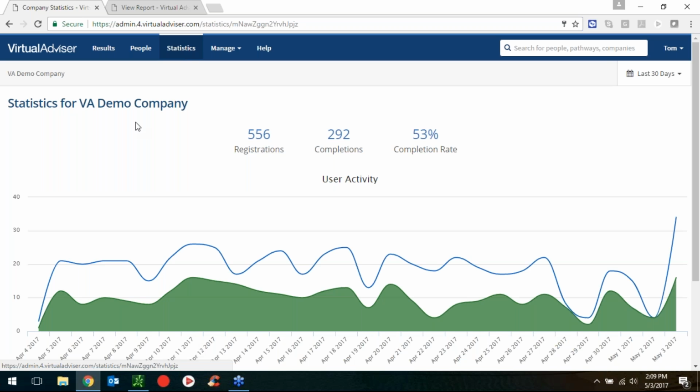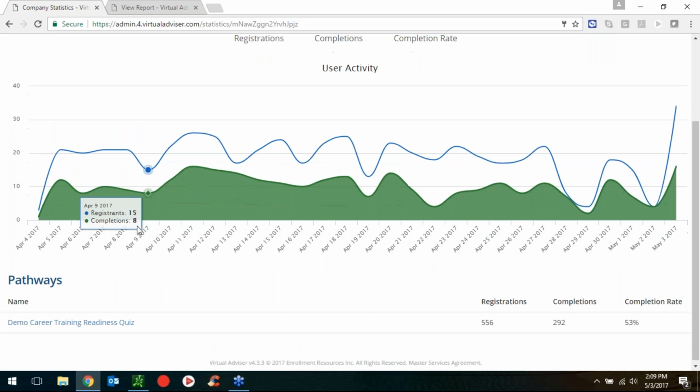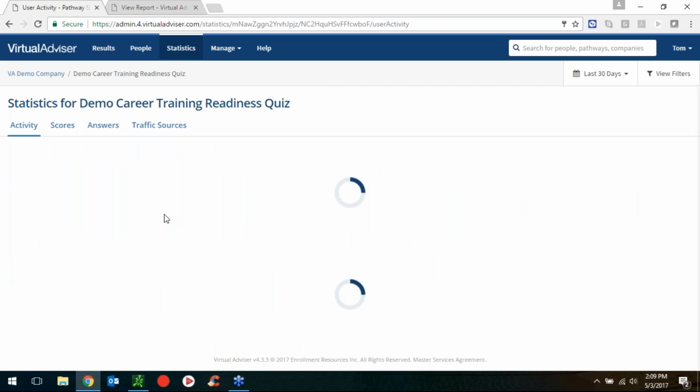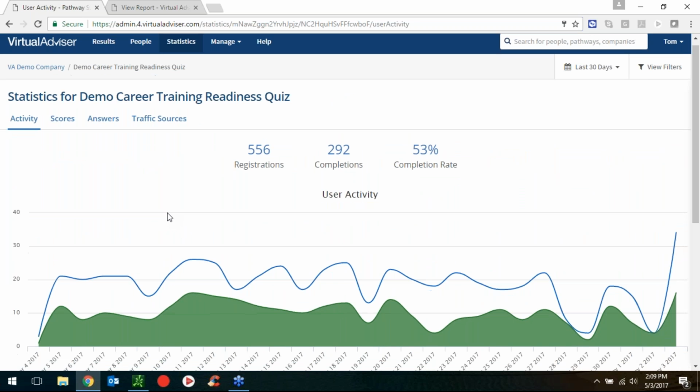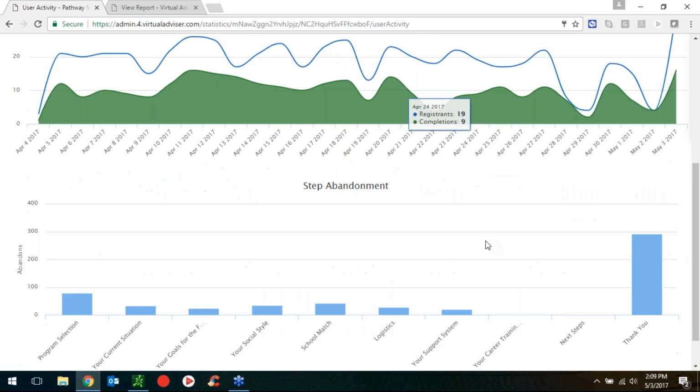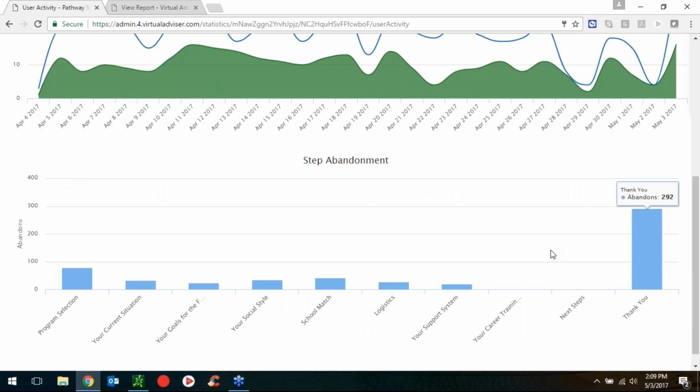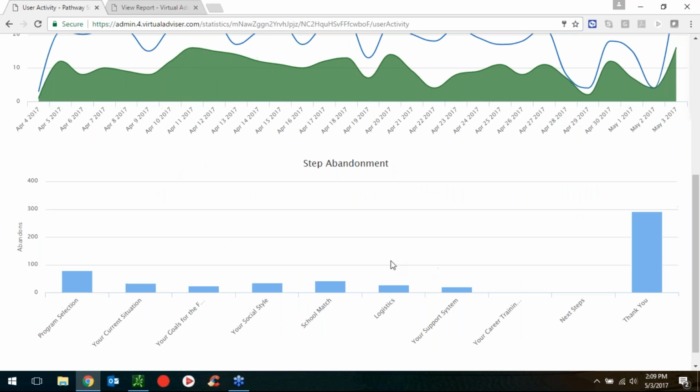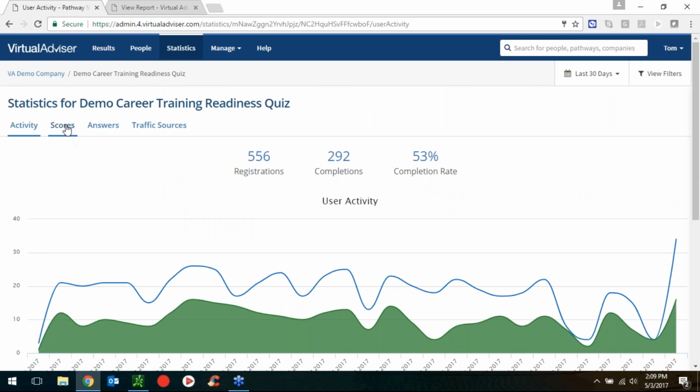We'll get to the statistics section here for you. So most people are familiar with their statistics section. Again, you can change the date range that you're looking for. If I'm looking for the last 30 days, you would select your individual pathway as normal, and you can see your activity on a daily basis. You can see the step abandonment section right below,